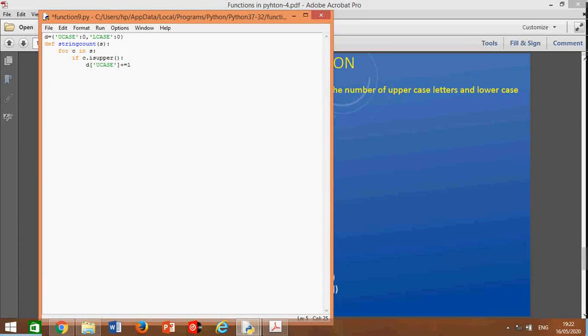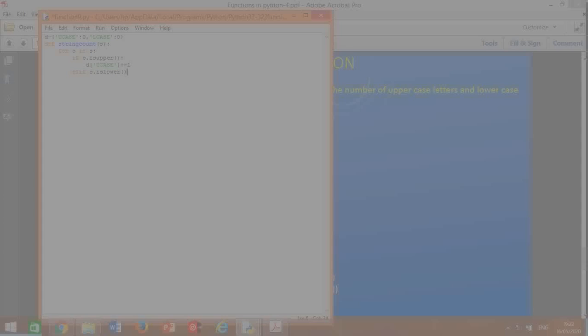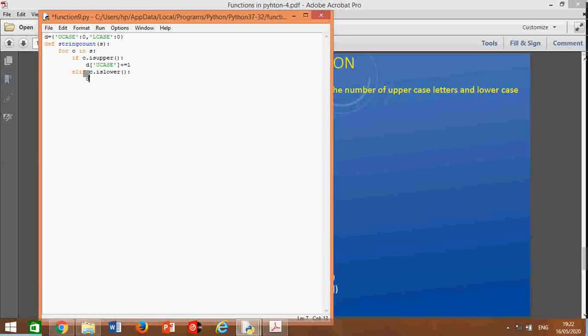Then elif c.isupper... sorry, elif c.islower(), d of L case plus equal to 1.